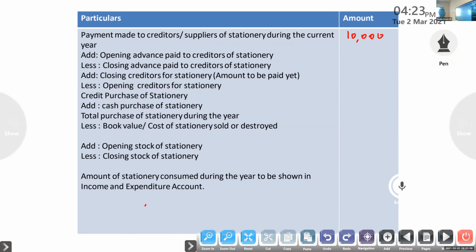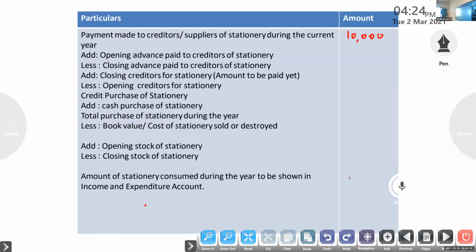This consumable will come on the expenditure side only. In the income and expenditure account, consumables will come on the expenditure side only. This final amount only will come on the expenditure side. So how to adjust the creditors of stationery? With the amount paid to creditors of stationery, we have to add